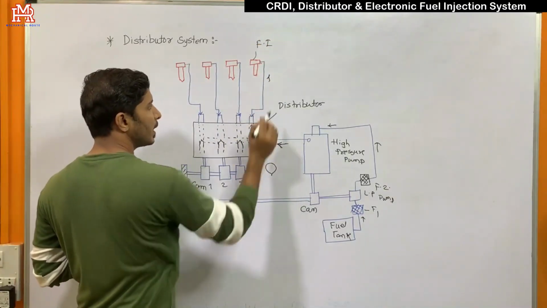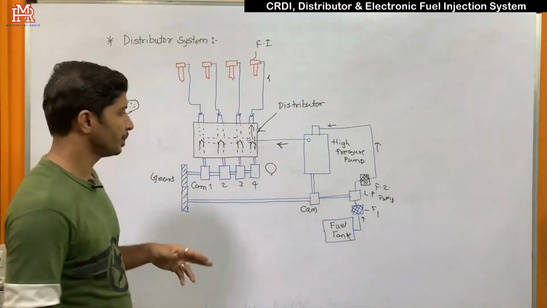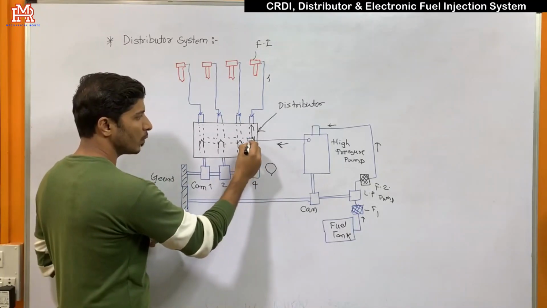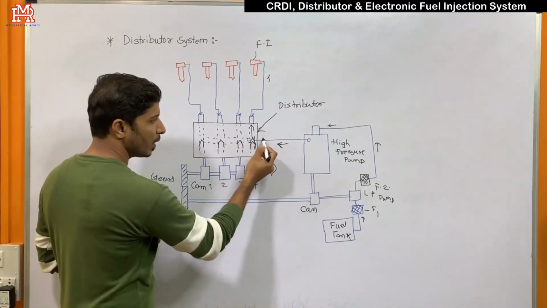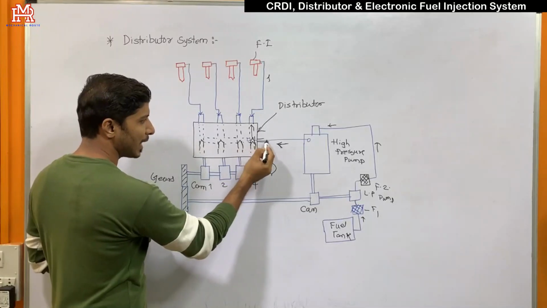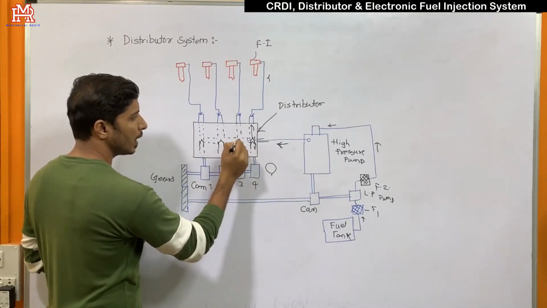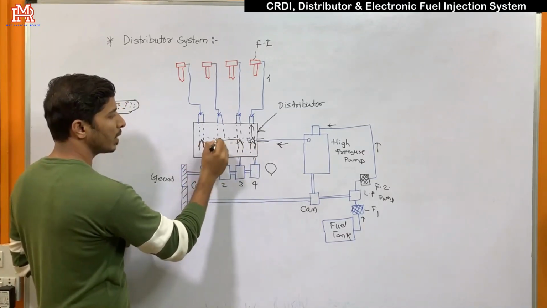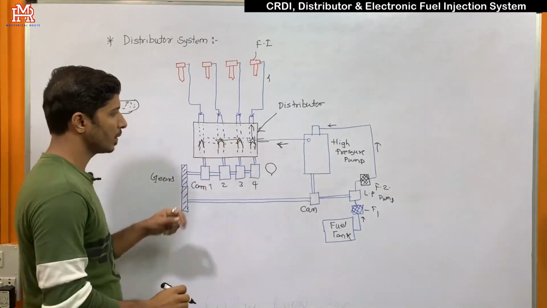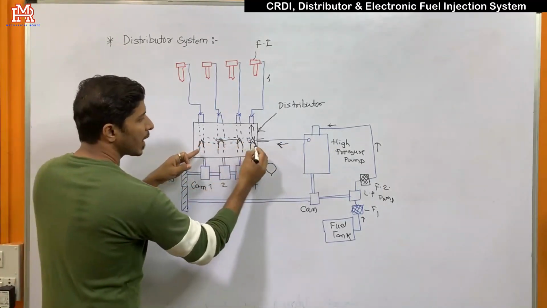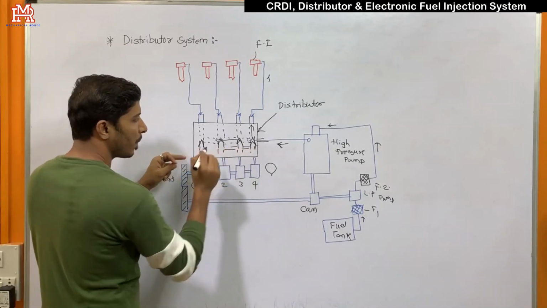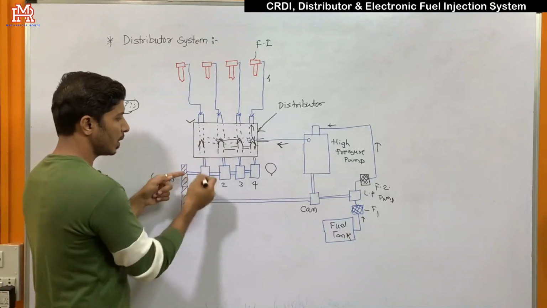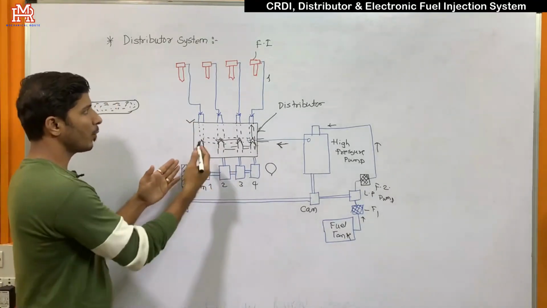If this is the first cylinder, the first fuel will be injected in that case. As the cams rotate, these valves will close, and maybe this supply will be given to the different pipes. So that supply will be transferred to here. If this valve is open, it will be transferred here, and all the other valves will be closed. This common supply may be transferred to different pipes, and accordingly, with the help of these valves and these cams, proper fuel will be supplied.